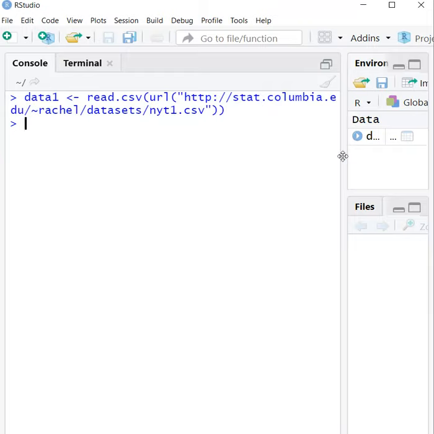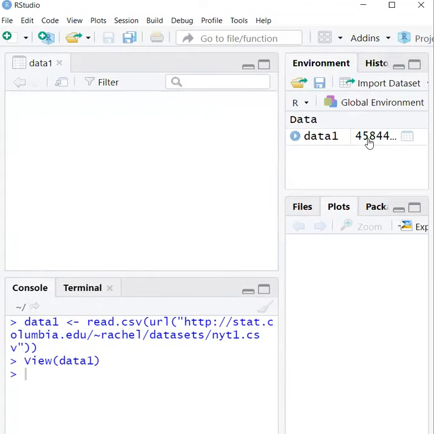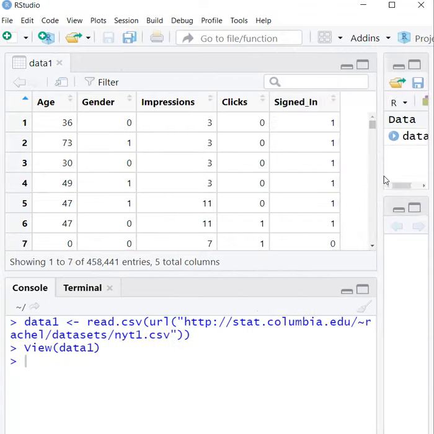Now if you observe, the data has been loaded in the environment. You can see data 1 is present, and how many bytes of data there are. When we click on this data, you can observe the entire thing in the grid: age, gender, impressions, clicks, signed in.